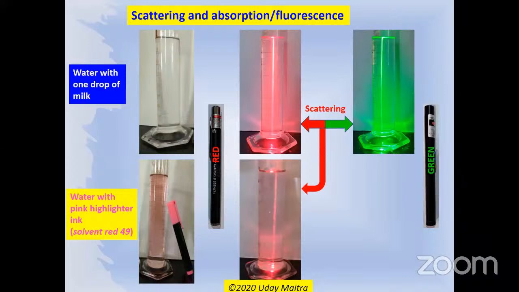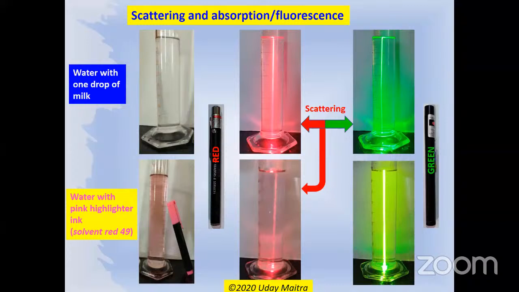On the other hand, now if I take this solution and pass green laser through it, I see something completely different. What I notice here is that unlike the case of scattering, which I have seen here, the solution is showing a different color. The green light, which I have seen here, has now become yellow. And that is because this particular dye, the pink dye in the pink highlighter, absorbs green light and emits